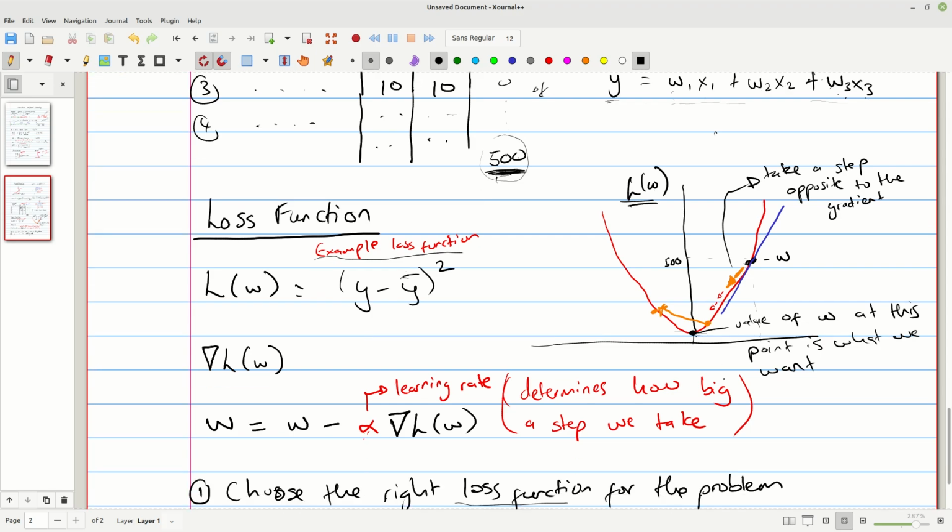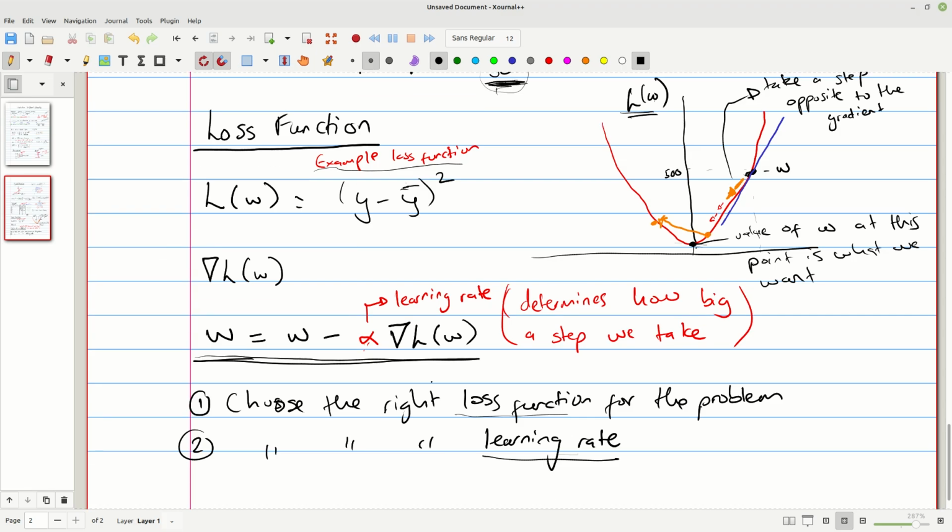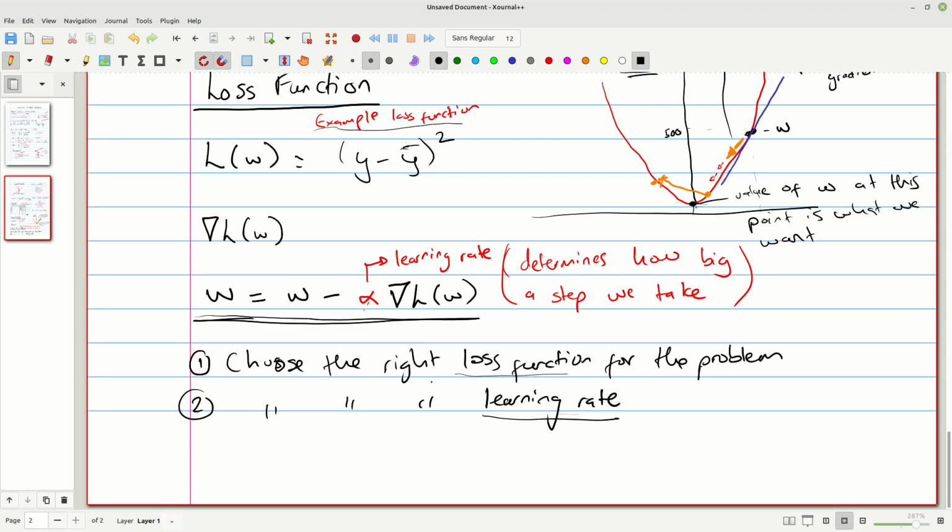We looked at how we update the weights: W is equal to W minus a learning rate parameter, which determines how big a step we take, times the gradient itself. Finally, we said we need to choose the right loss function for the problem, and the right learning rate for the problem.